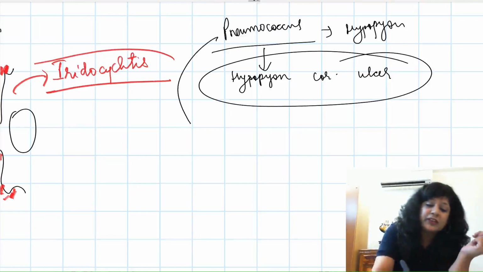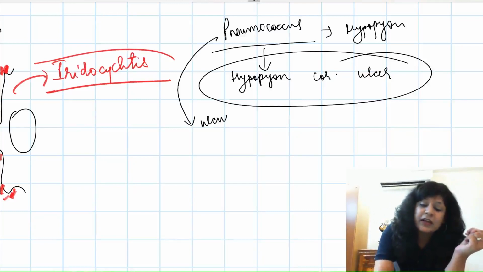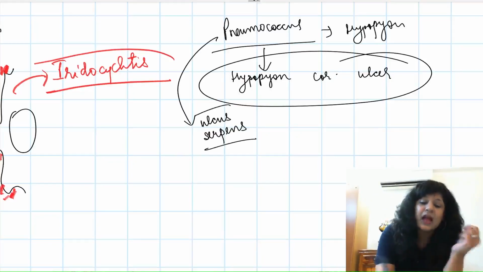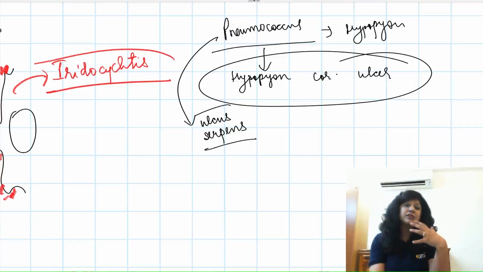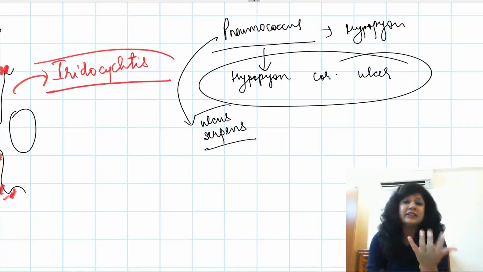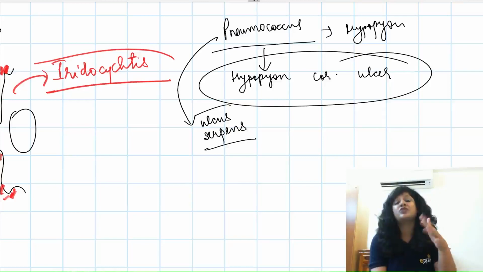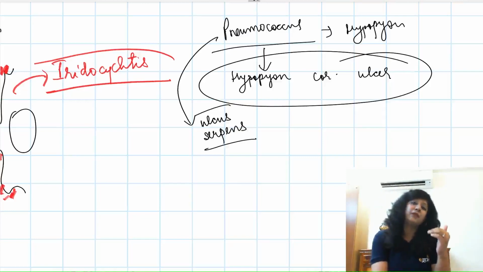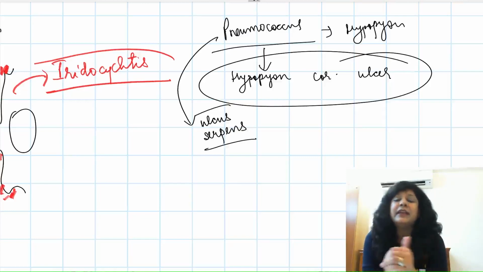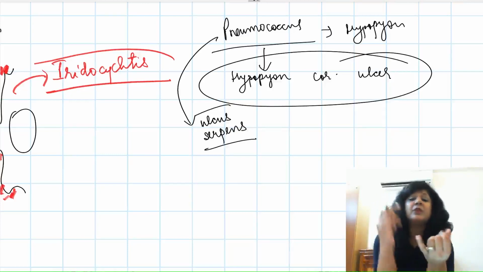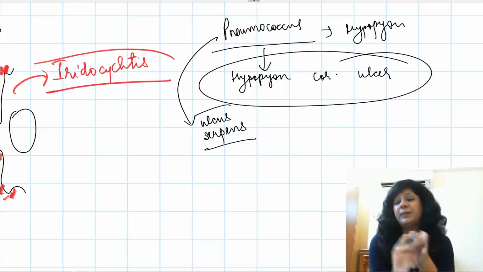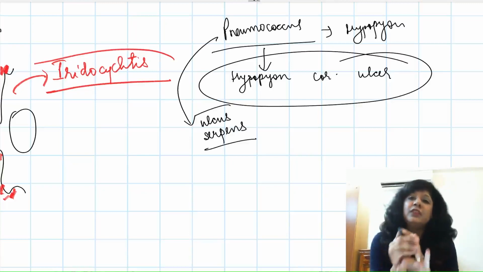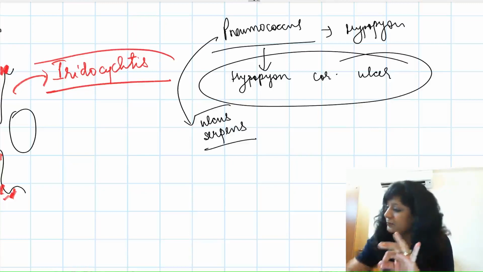Another important thing, this is also called the ulcus serpens. Ulcus means ulcer, serpens means snake-like. So this is producing a snake-like ulcer, growing in a serpiginous fashion, snake-like fashion from the periphery towards the center. That is why whenever you get in the question the term hypopion corneal ulcer or the ulcus serpens, always go with the pneumococcus. So that is very, very important.